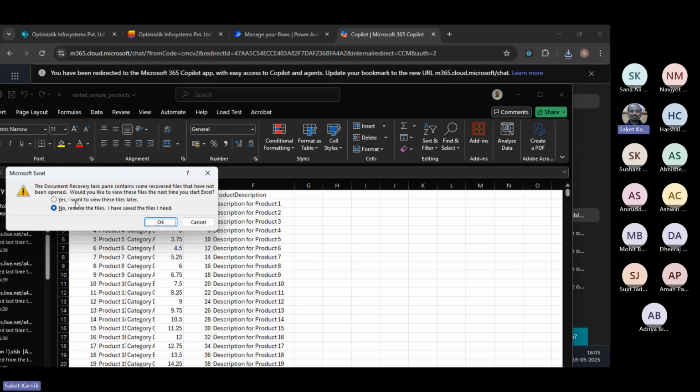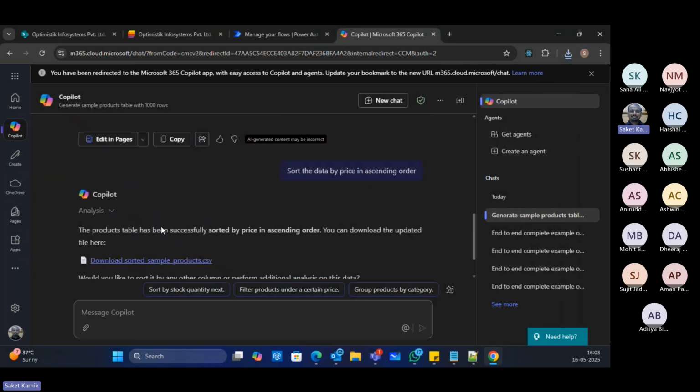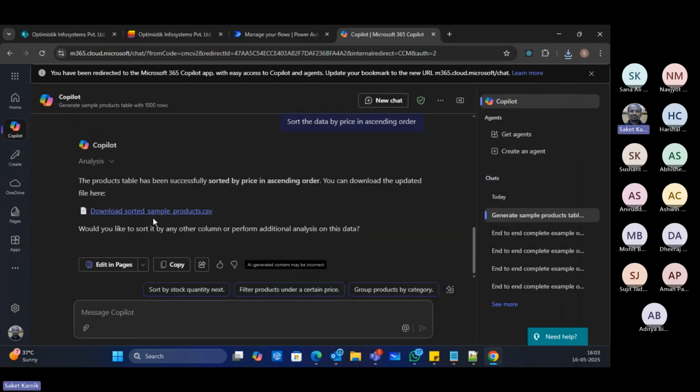So it remembers the previous output and previous prompt. So it adds up. Basically, it does all the job in a pretty much incremental way. Is this clear? Yes.